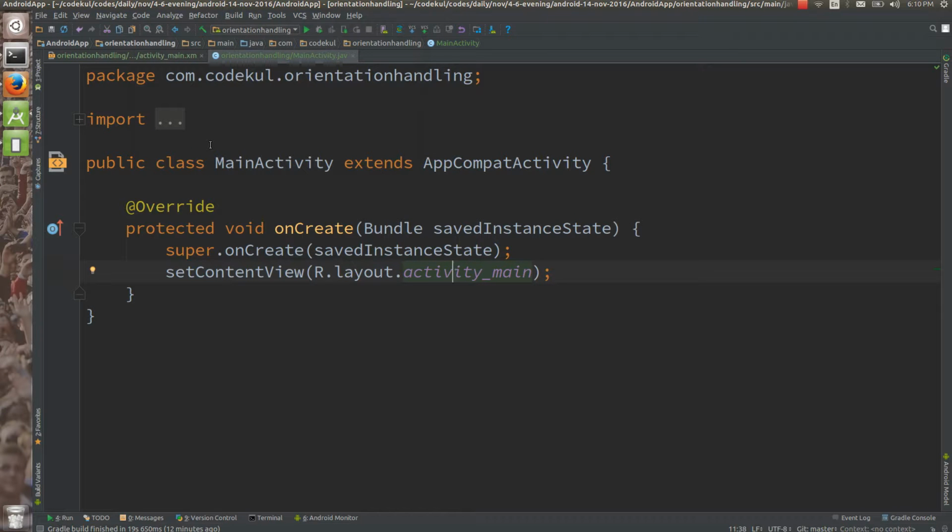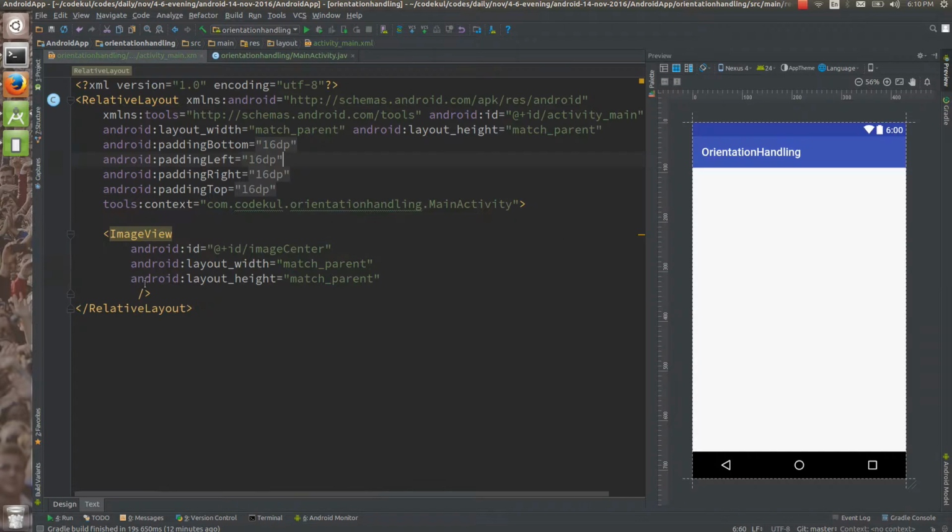So today's topic is handling the runtime configuration changes. Okay, so let me create some things. Our image view, so that would be at the center, image view. Now if you can check it,